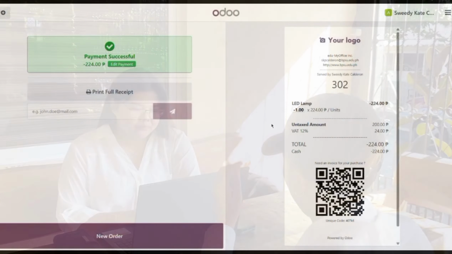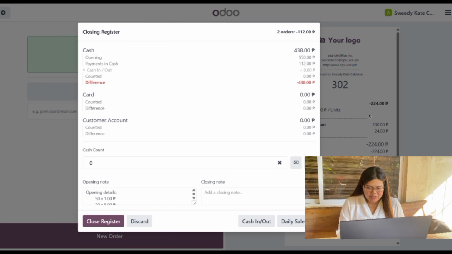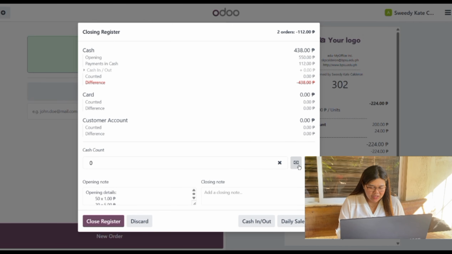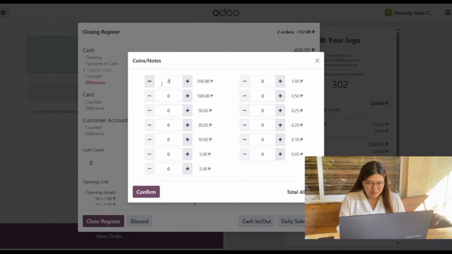And 3. Don't forget to set closing balance. You'll need to add all coins and bills you have in the register drawer. Yes, I will. To control cash, click this button at the side to select the close session and click the dollar sign to change the amount worth 438 pesos, then click confirm and close session.